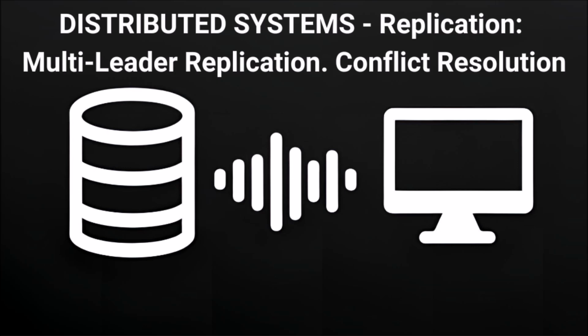So convergence is non-negotiable for any multi-leader system. Makes sense. So how do we actually get to that single agreed upon title? What are the common ways systems resolve these fights? This sounds like prime interview material. Yeah, definitely. There are a few main approaches, each with pros and cons.